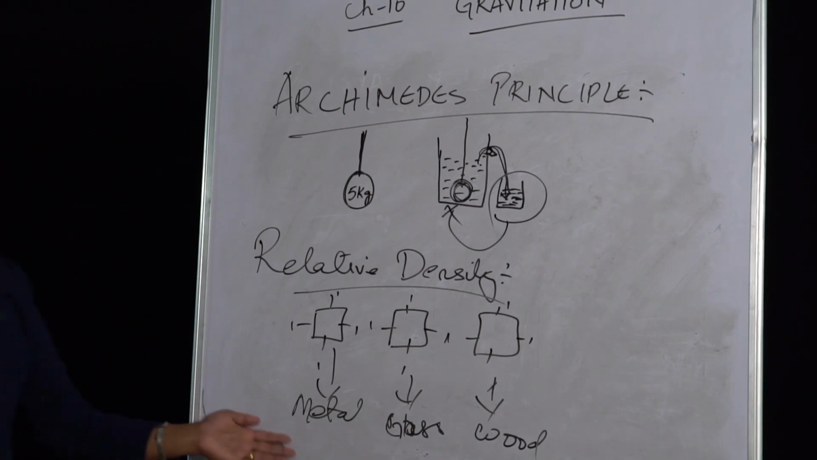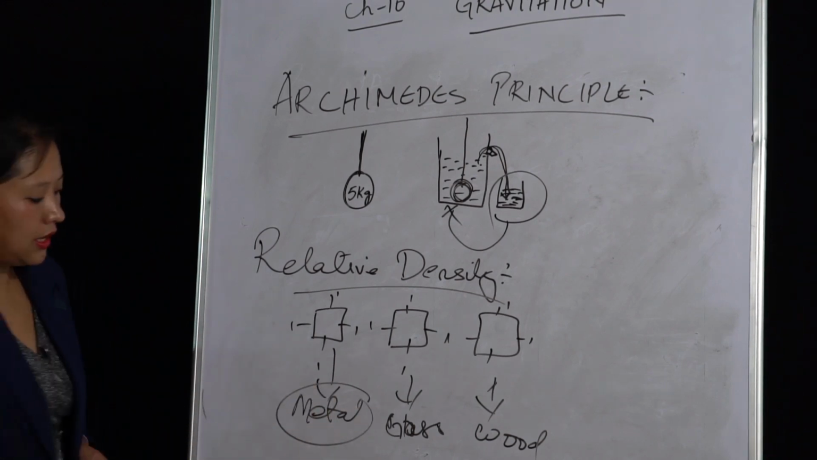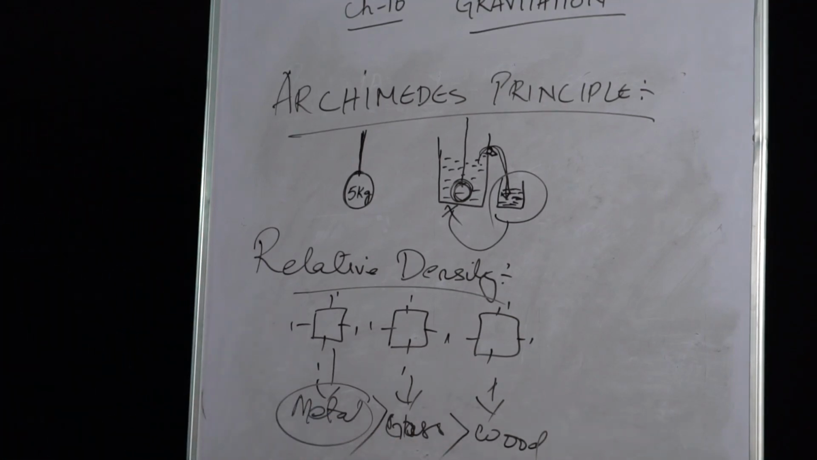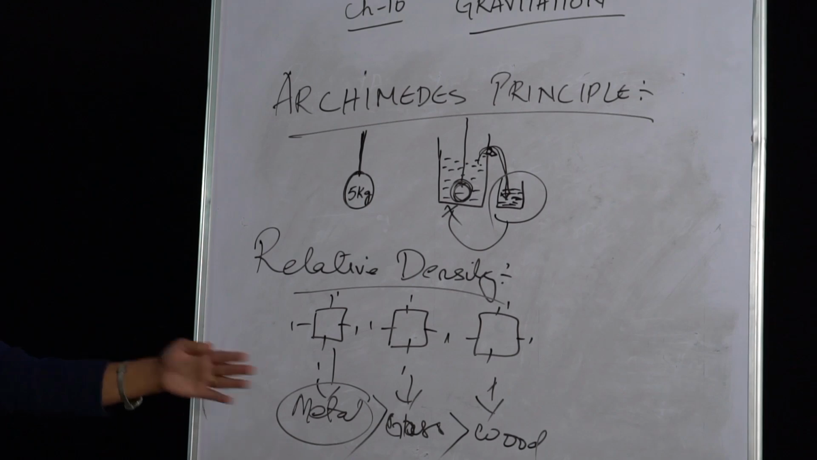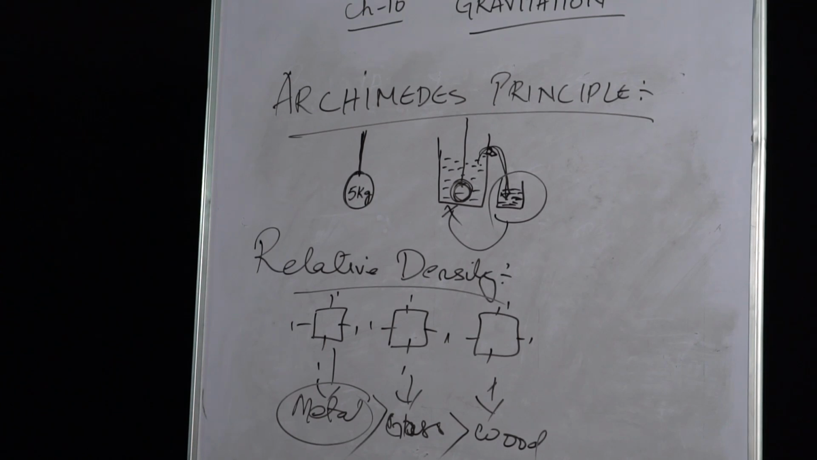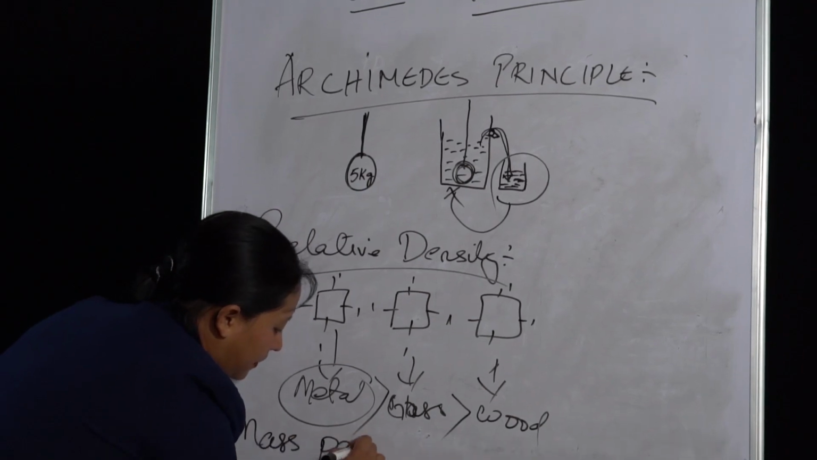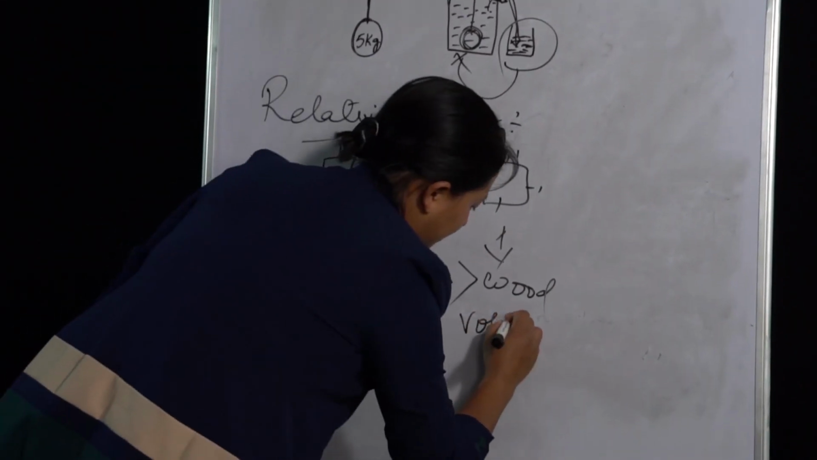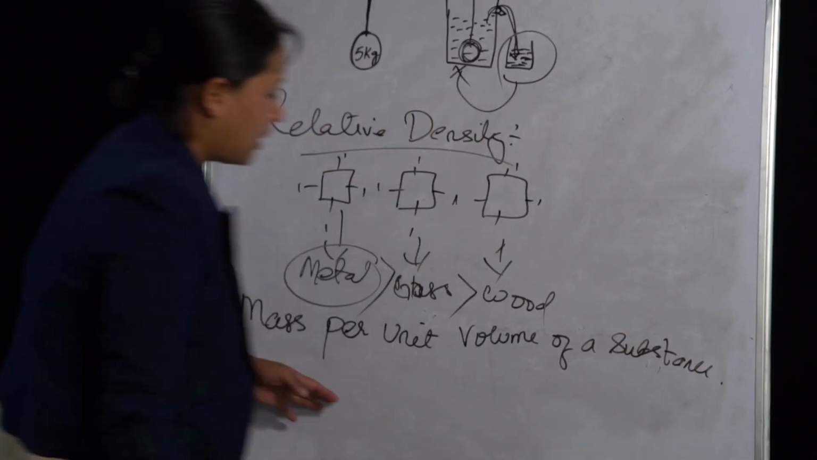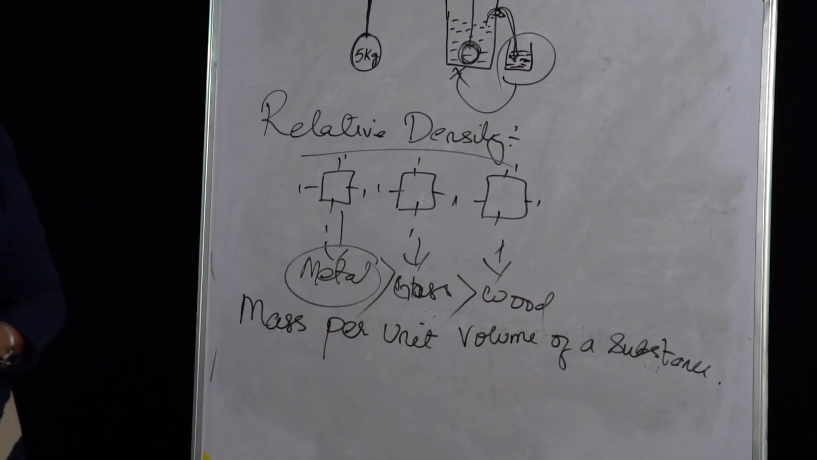You will see that the weight of the metal will be more, even though they are of the same size. The weight of metal will be more than that of glass, and then wood will be less. That means the density of metal is more than the density of glass and the density of wood. So we can define density as the mass per unit volume of a substance, and this density is denoted by the letter